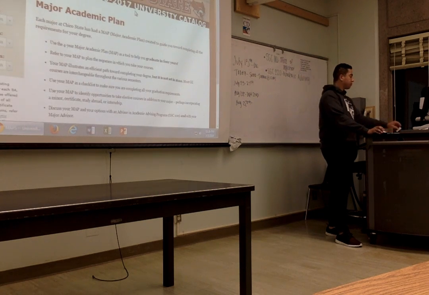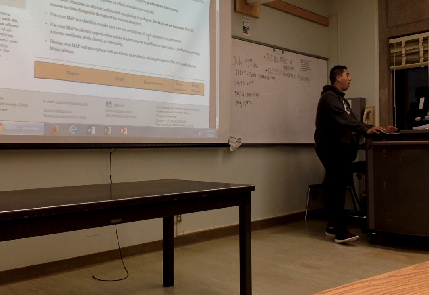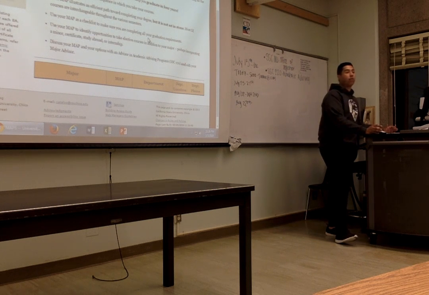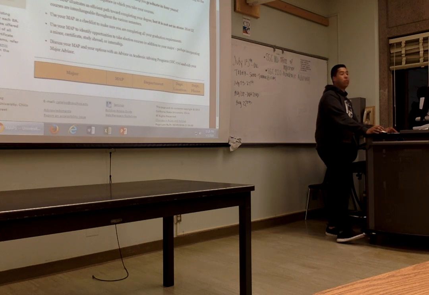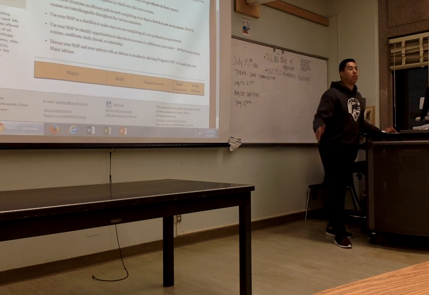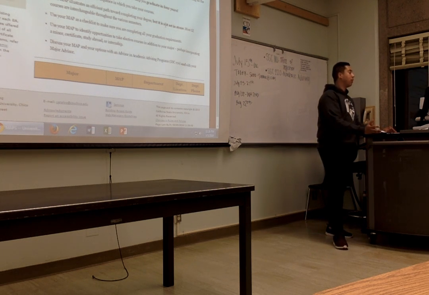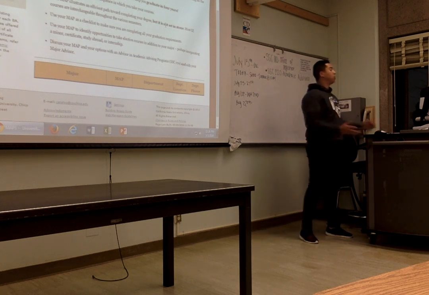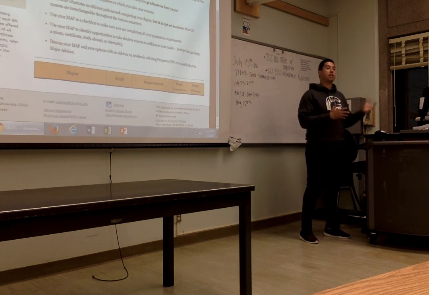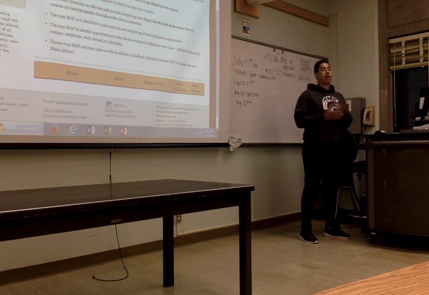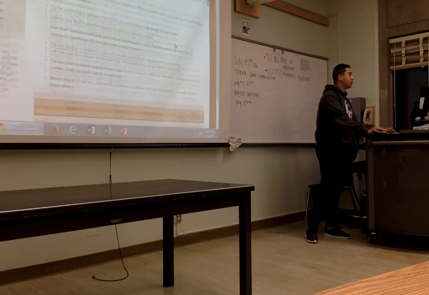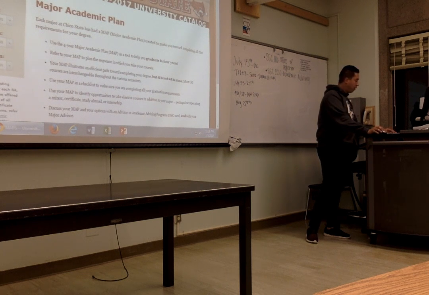Going on to degree maps. So right here is a perfect way to plan out your 4 years here at Chico State. It gives you courses to take within every semester you are here. So that's a great tool you have under your belt. Also, you don't have to go by it. It's just a suggestion by your major to plan out your 4 years here. Perfect.